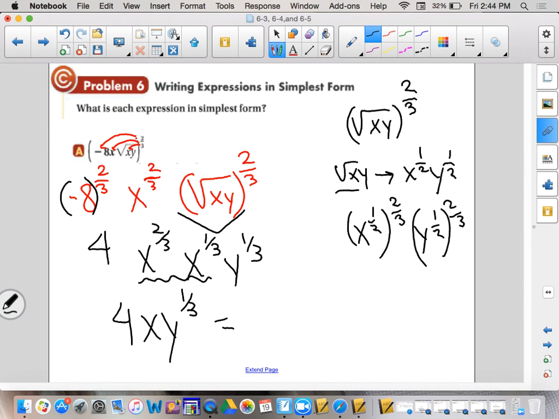Now, my problem up here has y in radical form, right? So I just need to make that a radical form. So 4x